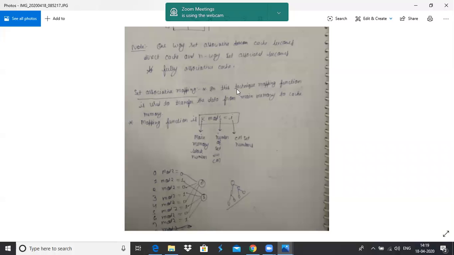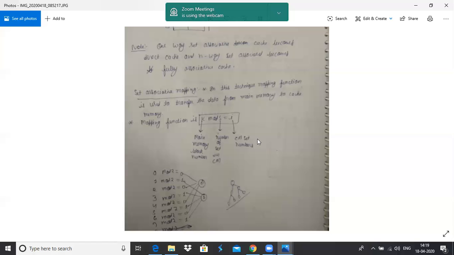In this technique, the mapping function is used to transfer the data from main memory to the cache memory. The mapping function is key mod s, where key represents the main memory block number, and s represents the number of sets. Previously it was n, which represented the number of lines in the direct cache. But here we are using set associative mapping, so s is represented as the number of sets in the cache memory, and i represents the corresponding set number.